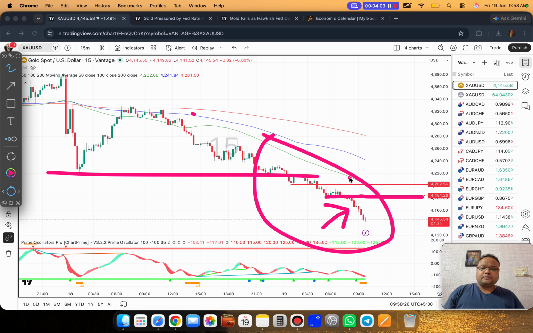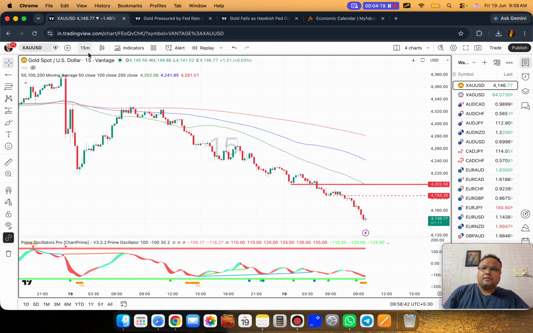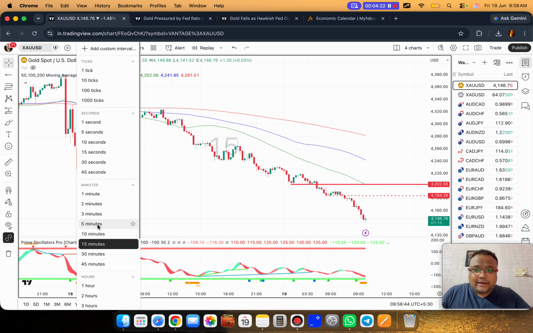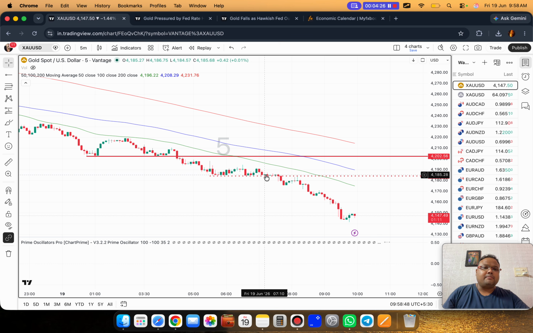Now, if the market goes up, we can look for sell opportunities around these two areas. But due to this weakness, we have seen hundreds of times that the market sometimes fails to go up. In that case, you just need to wait for the market to consolidate a while. Let me take you to the 5-minute time frame. Usually we do not talk about the 5 minutes time frame here, but today is special.